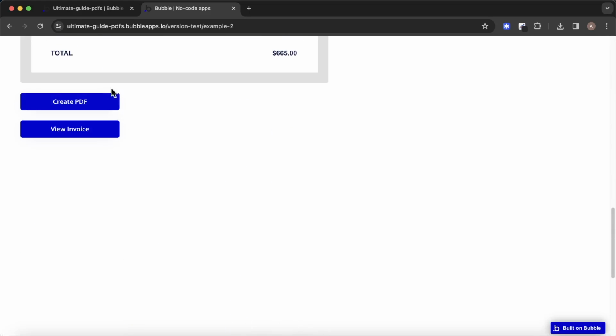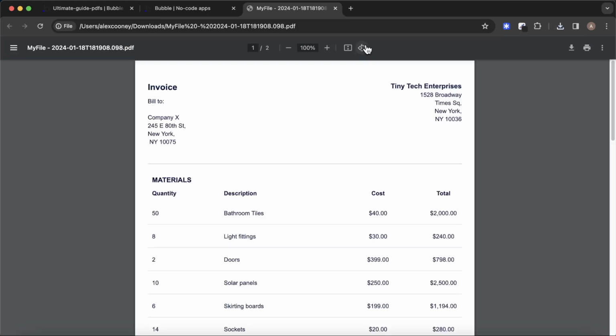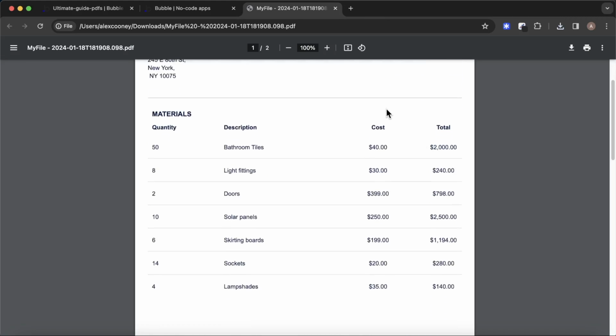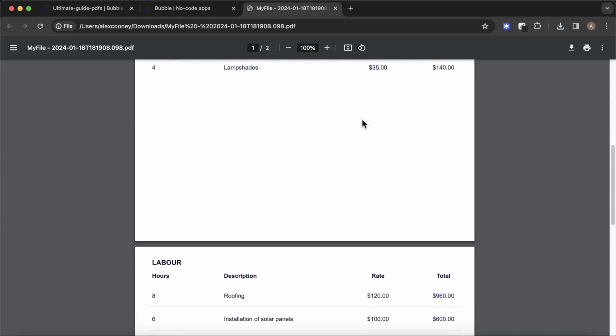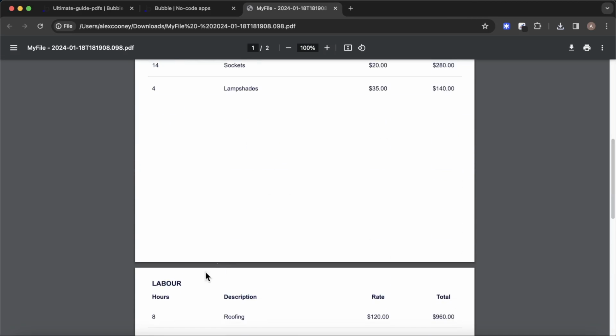Scroll down to the end and create the PDF. Open that up. And this is looking better. There's a bit of white space here, but it is looking a lot better than it did. We're not getting any issues with elements overlapping between one page and another, but I would like to get it